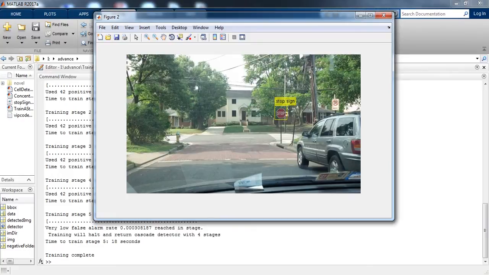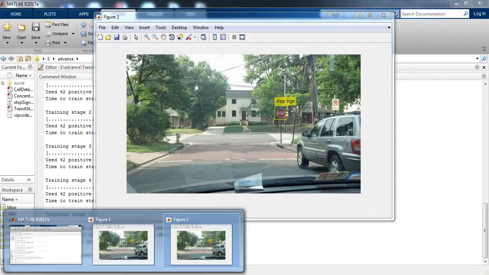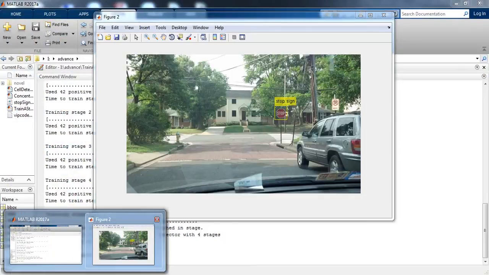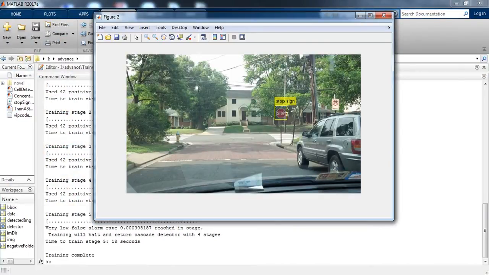After completing the 5th stage training, it gives us the output: there is a strobe sign and it is detecting that strobe sign and representing it with a yellow square box, and it's written that it's a strobe sign. So that's the output.